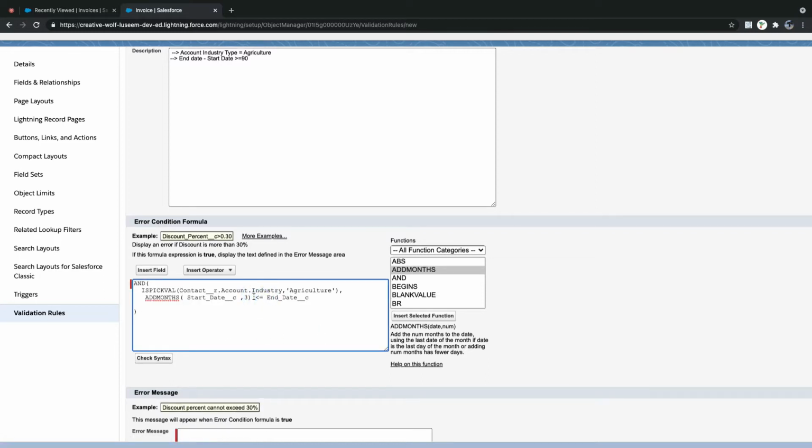Less than or equal. Yes, you are right. Now what I'm doing for start date, I'm adding 3 months. So now I'm saying end date can be after 3 months also. Okay. And we can also add another condition saying that end date